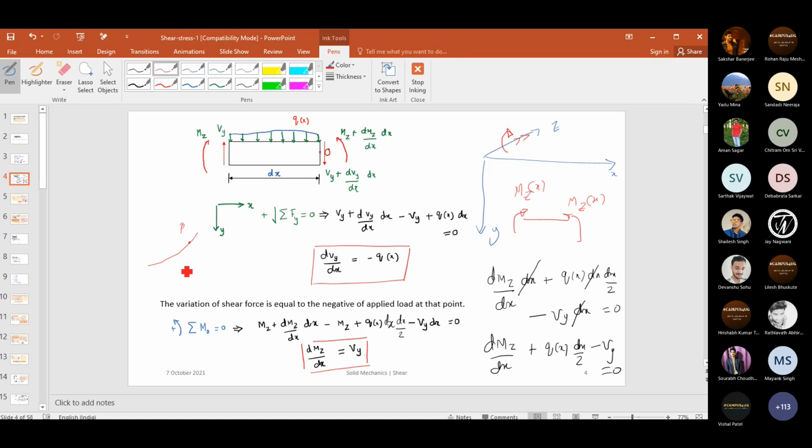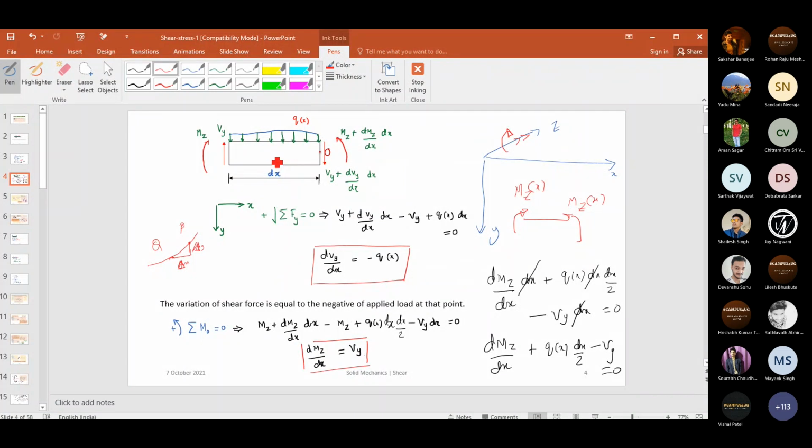Let's say P and then Q, and let's say this is dy by dx. Actually, it is delta y by delta x. Now, what we do is Q moves to P. That is, in the limit as delta x tends to 0, this will become dy by dx. That's what you do, isn't it?